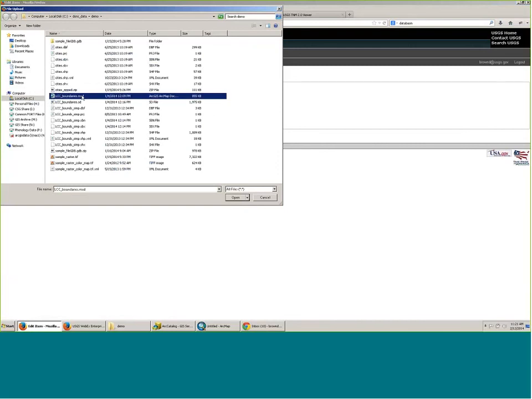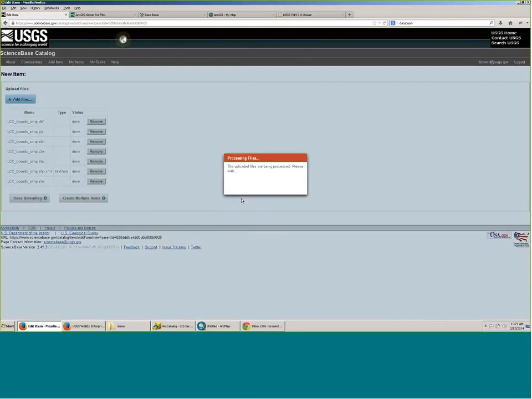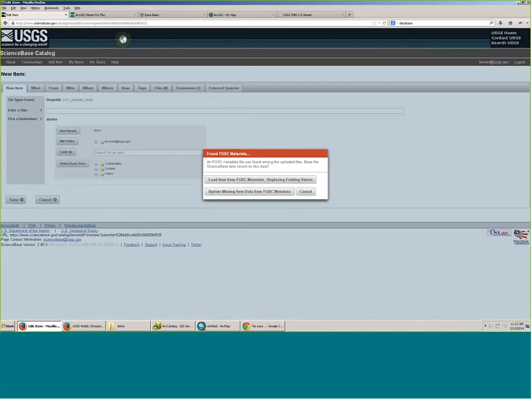I will grab all the files included in my shapefile here. I'll say open, and it uploads my shapefile files into Sciencebase. You're probably familiar, a shapefile consists of a lot of different files. When I say done uploading, Sciencebase recognizes that it has an actual